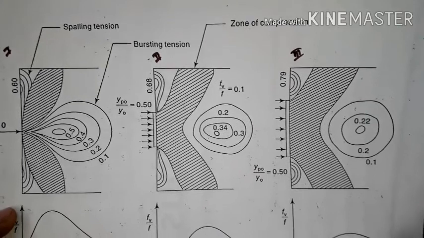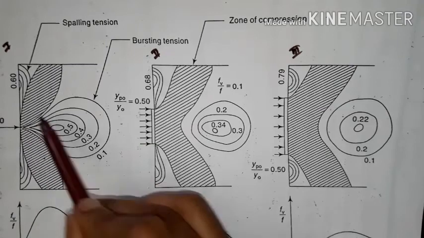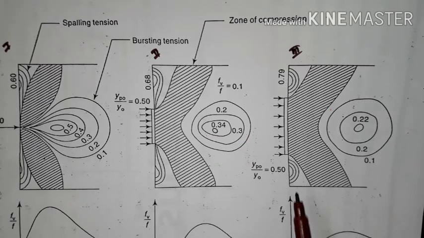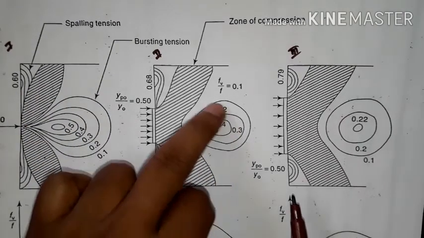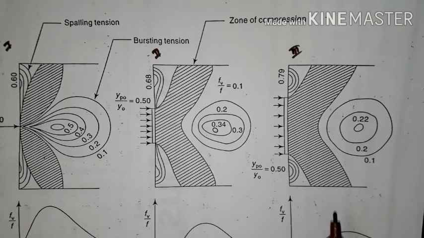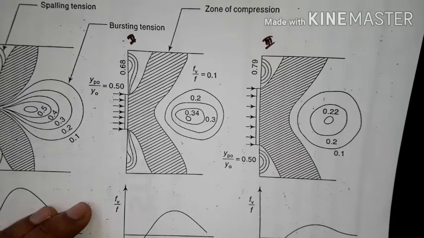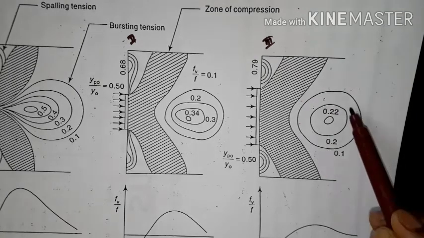Then if I move to zone 2, see here it is zone 1, and zone 2 is a little away from here. Look at what is happening here. Tension is there but the magnitude of the tensile stress is very less compared to the first zone. Look at how the stress distribution is here and here. Stresses are there but the magnitude of the stresses is very less compared to zone 1. Now if I go to zone 3, again look at what is happening. The tensile stresses are nil,